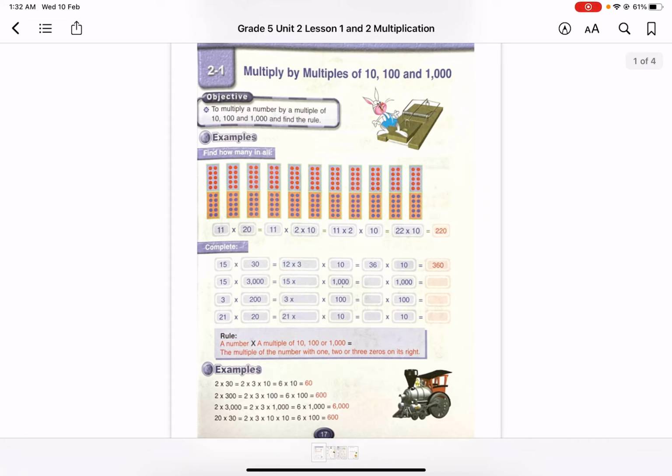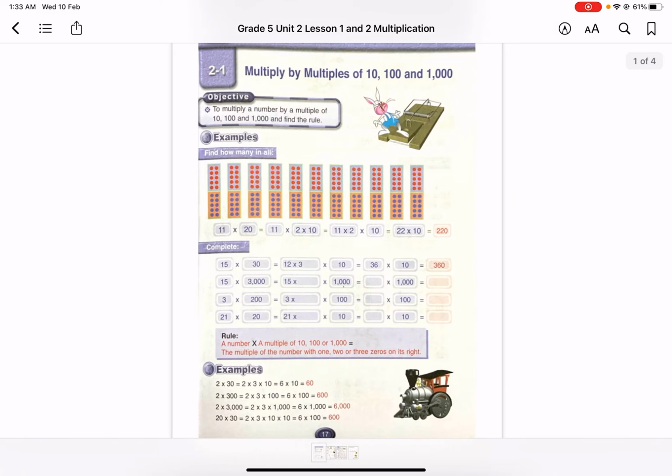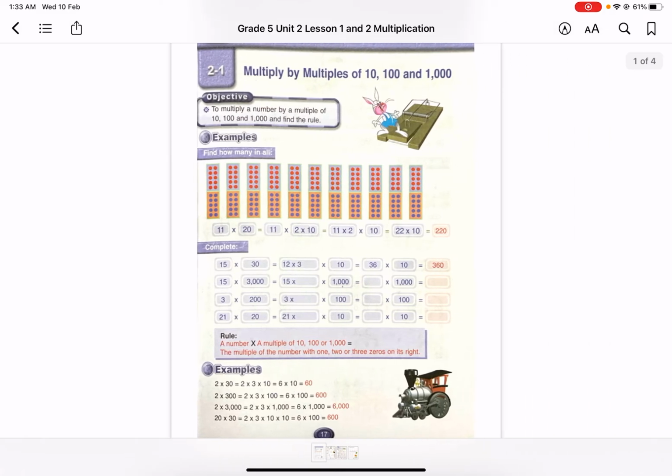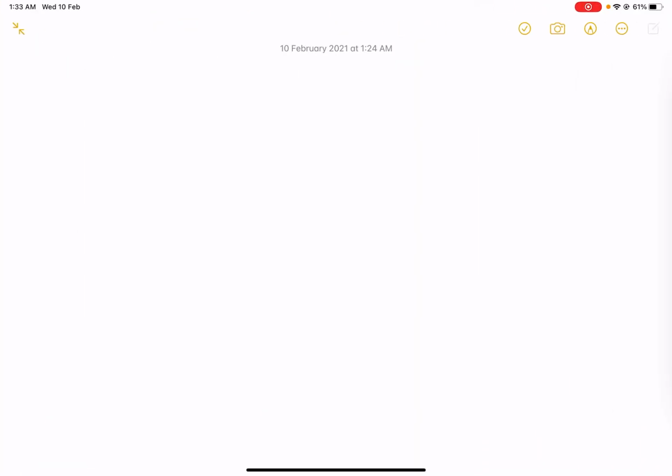Today we are going to start a new unit, Unit 2. The title of my lesson is Multiply by Multiples of 10, 100, and 1000. I opened the book at page 17. What is the meaning of multiple? Multiple means, if I say 10,